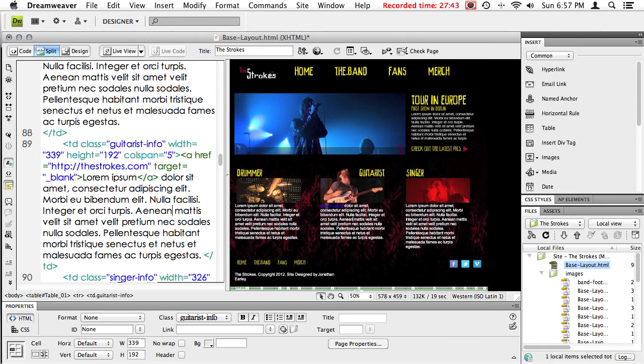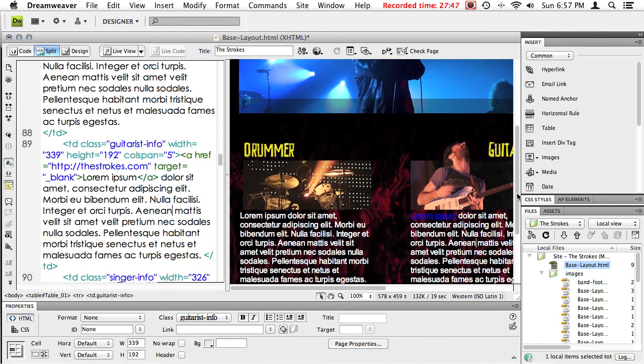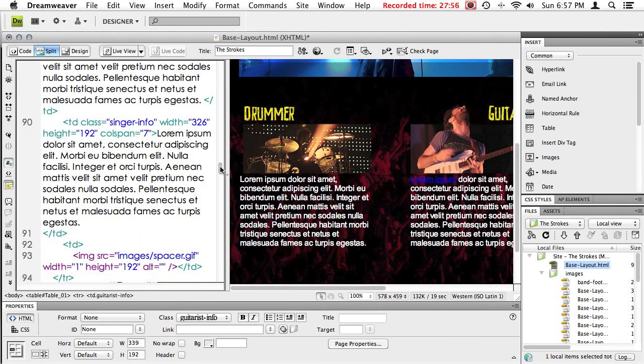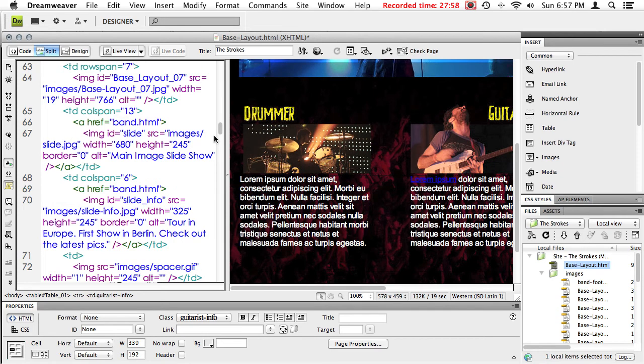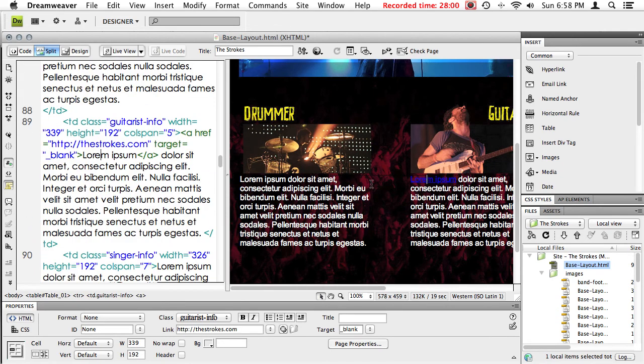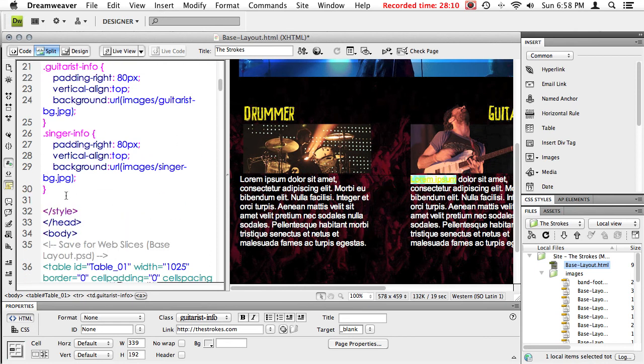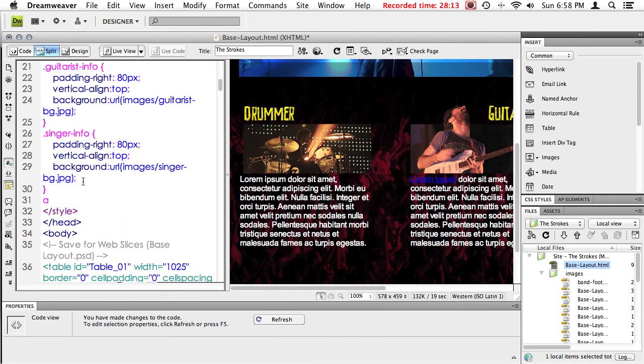So right now, the way it formats links by default is it makes it blue and underlined, which does not look good in this setting. So what I want to do is change the way all links appear on my site. So since a link is created inside of an A tag, as you'll see here, href equals thestrokes.com, I'm going to style all my A tags. So I'm going to type A